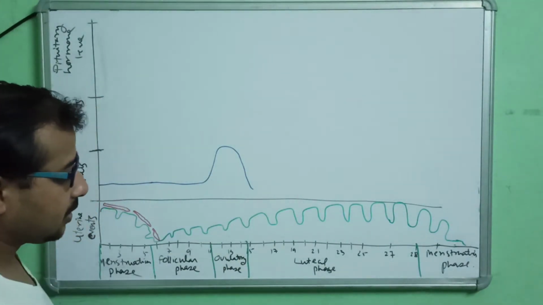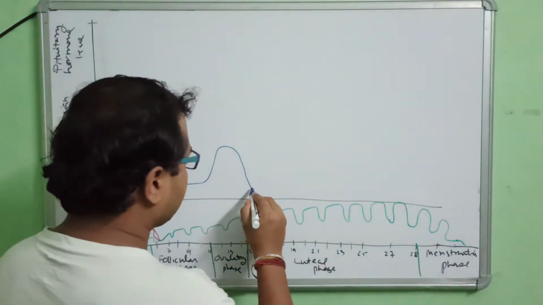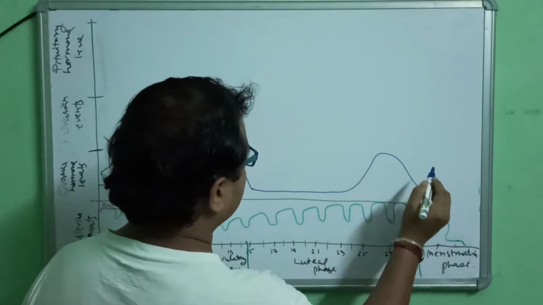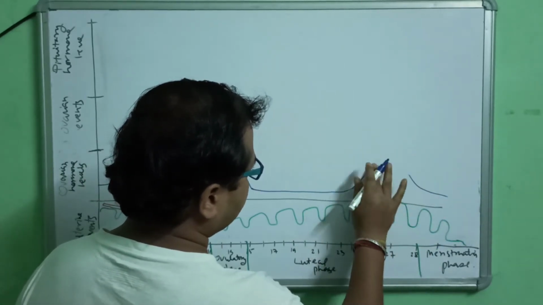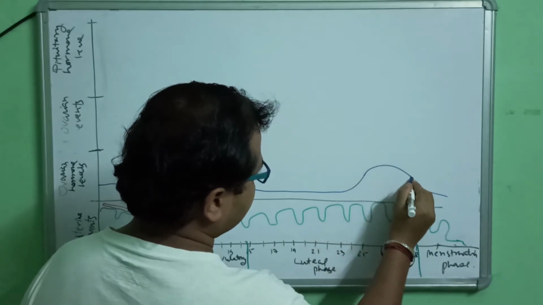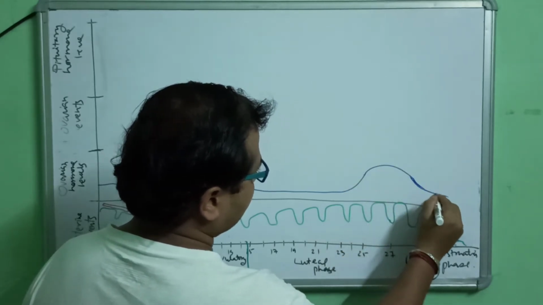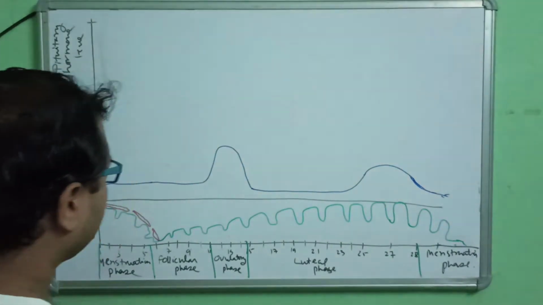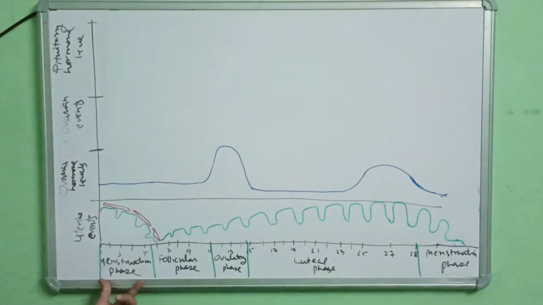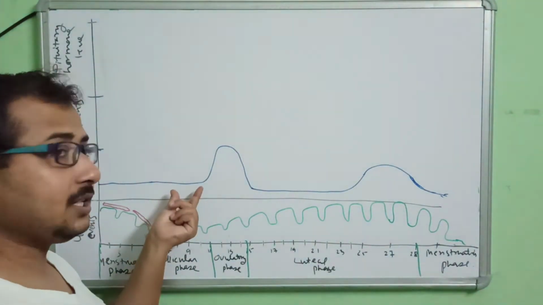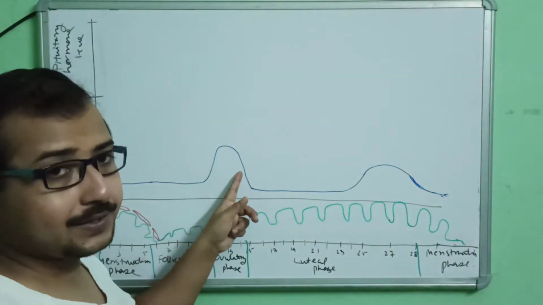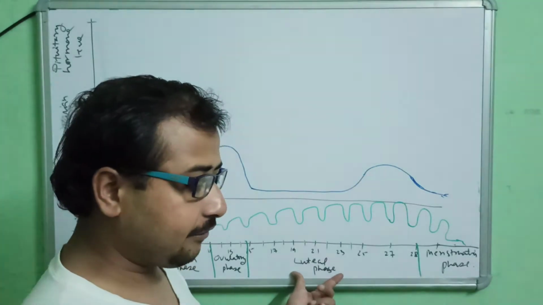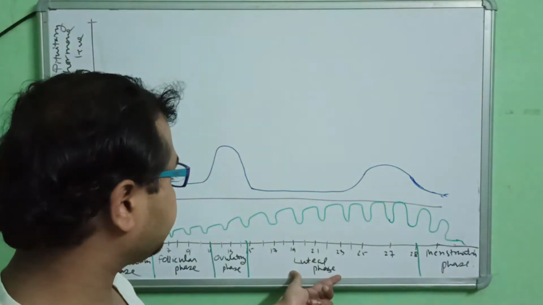Okay, again it moves down. Luteal phase, what happens? Estrogen level goes down, and then one time comes when it increases a little bit. Okay, so not this much. Let's make it little. Okay, so this is the condition, this is the estrogen level. Menstruation phase it is low, follicular still it is low, ovulatory phase estrogen level increases. Then again it goes down, and again during the luteal phase